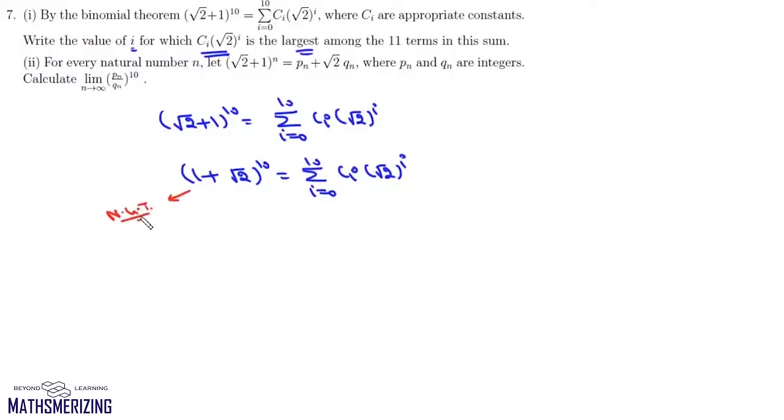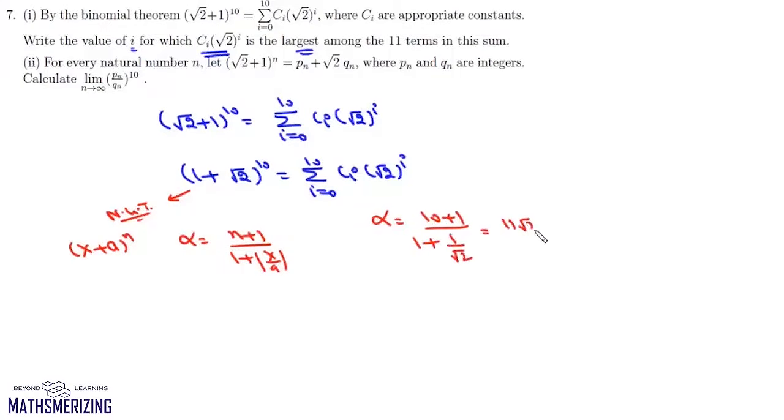Now we have discussed this in one of the previous videos. If we have to find the numerically greatest term for (x+a) to the power n, we will find some alpha which is (n+1) upon (1 + mod x by a). So in this case, if we find this alpha, it will be (10+1) upon (1 + ...), now x is 1 and a is root 2. So it will be 11 root 2 upon root 2 plus 1, or we can write this as 11 root 2 into (root 2 minus 1),